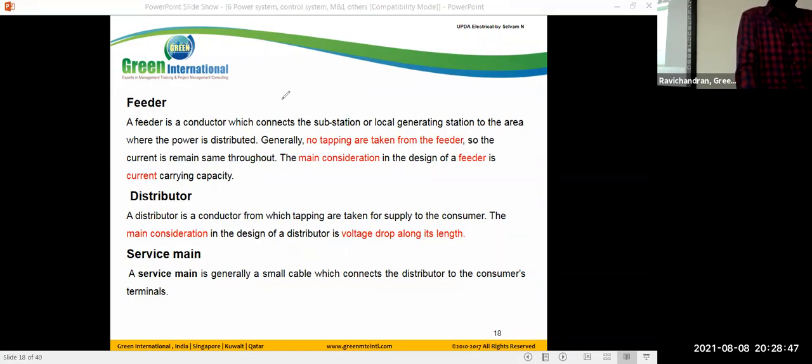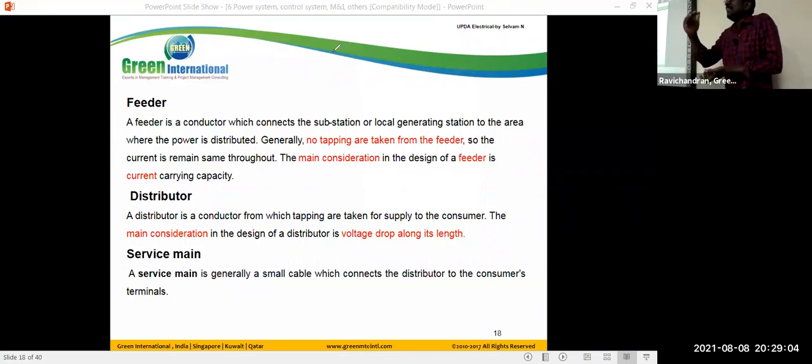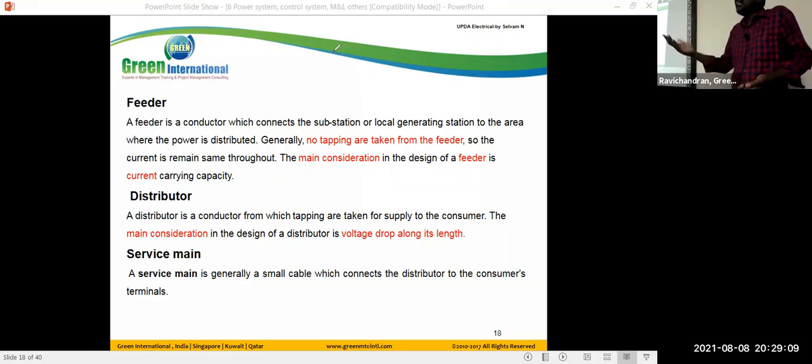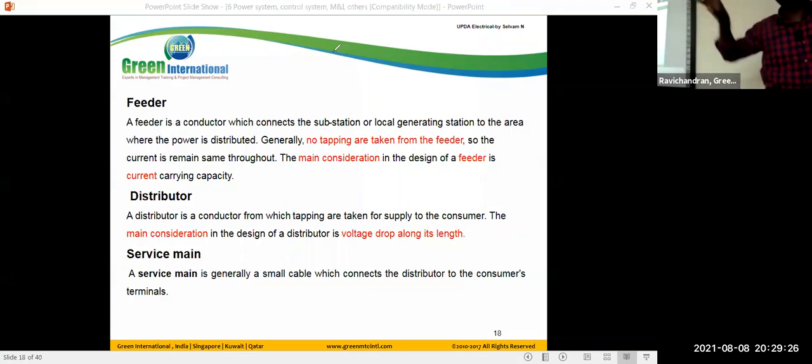String efficiency helps us find the number of strings, and in that way we can find the efficiency of the string. In general, each disc can carry 11 kV or 33 kV. Commercially, in the market, we have 33 kV discs and 11 kV discs. How many discs do we need to provide? And due to the capacitance, due to the strings, losses will occur. How to minimize the losses, and how to improve the transmission efficiency also.